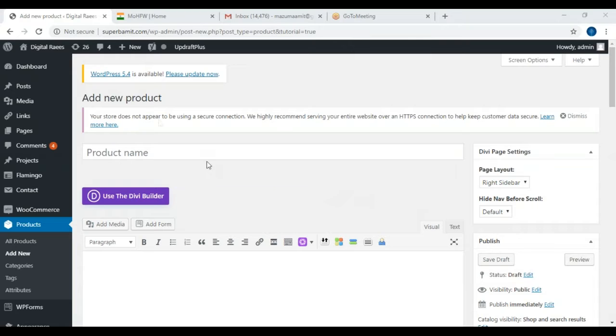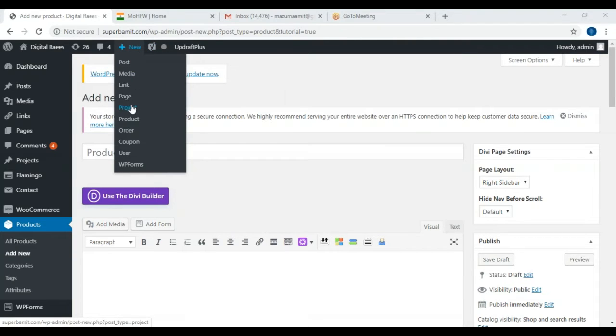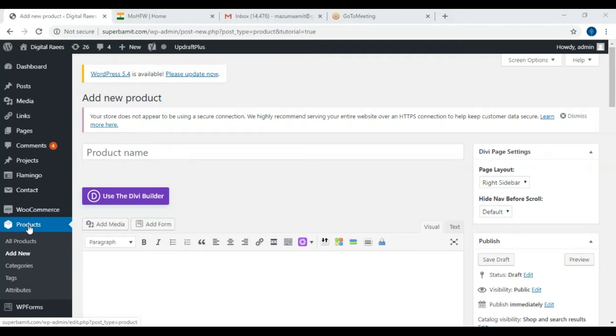For creating a product, you can create it from here, New and Product, or else from here you will get a Product option. So Product and Add New. I want to sell a power bank.